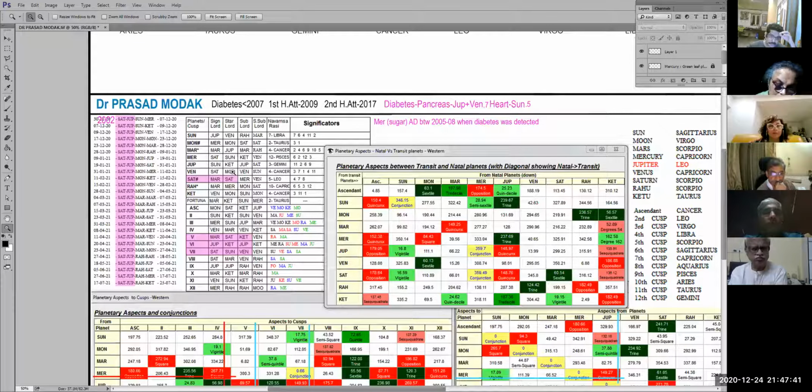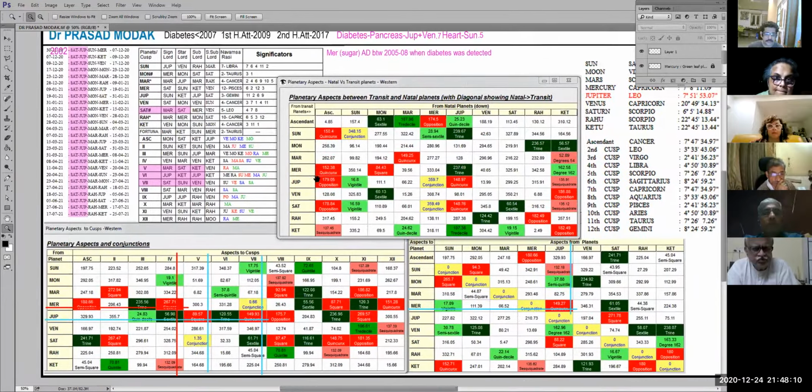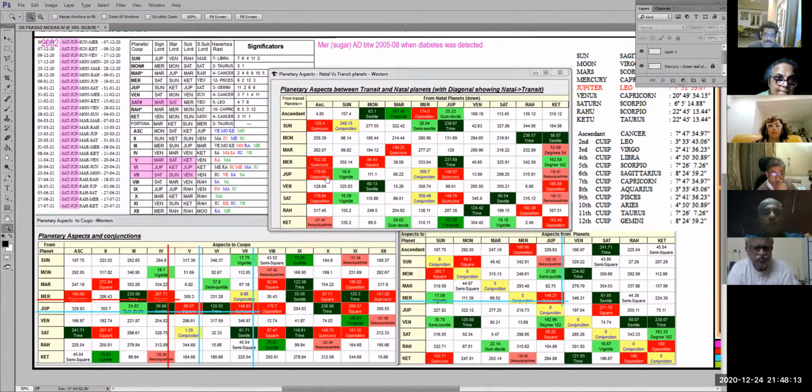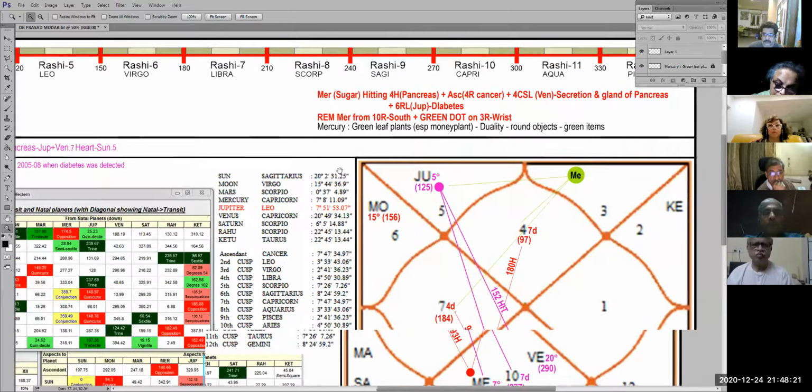And like I told you earlier also, any liquid in the body has a connection with Moon. So basically the 7th house, which we have noted here for the pancreas, has the Nakshatra Lord, the result-giving planet, Moon. Correct? So here we have in front of us Jupiter, Mercury. We've got Jupiter, which was the Karak Tattva of diabetes, and Venus, like I've written here, the secretions and the glands.